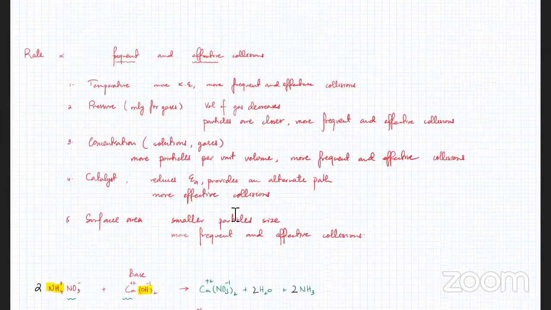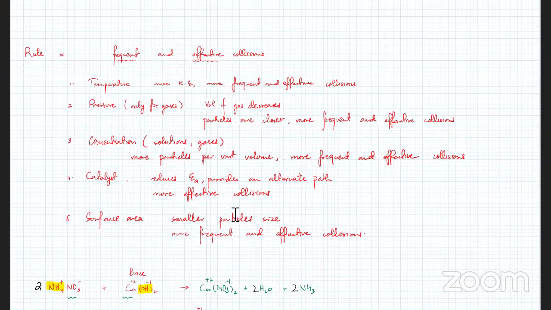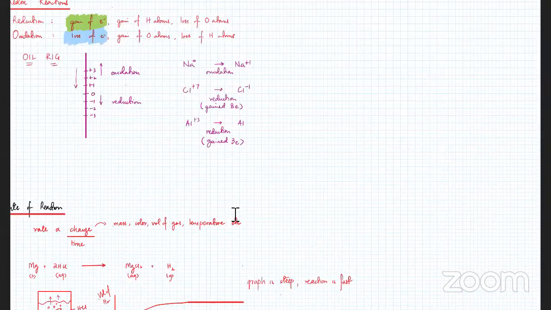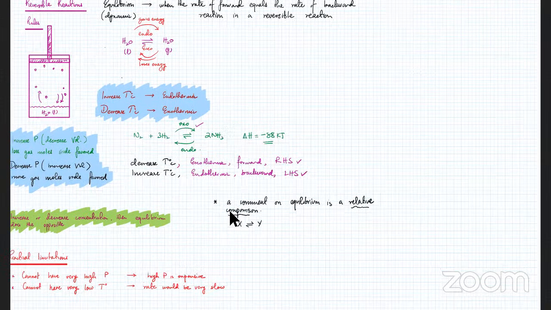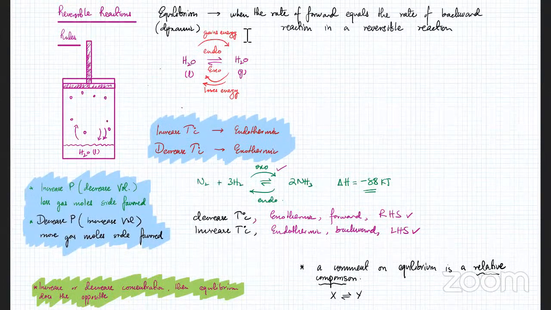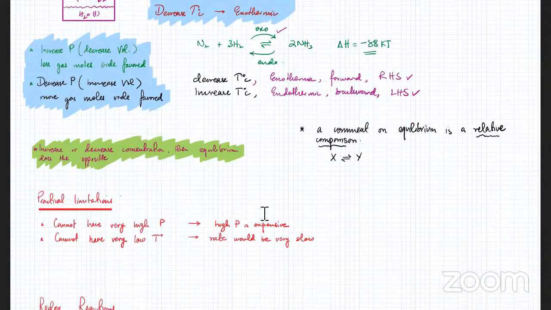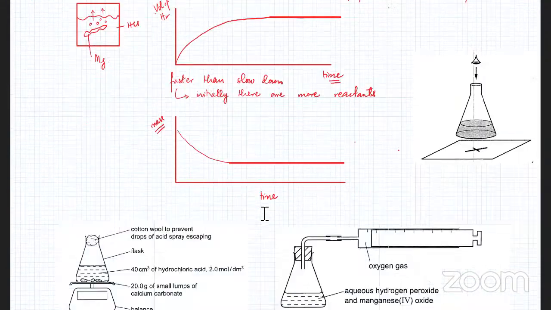और ये याद रखना, रेट और इक्विलिब्रियम को मिक्स नहीं करना। इक्विलिब्रियम इज अ रिलेटिव कंपैरिजन। इक्विलिब्रियम वो रिएक्शन की स्पीड की बात नहीं कर रहा। इक्विलिब्रियम इज द रिलेटिव स्पीड। Maybe both of them speed up, but one of them speeds up more than the other one. Maybe both of them slow down, but one of them is still faster compared to the other one, ठीक है? तो equilibrium वाली जो बात है, that's a relative comparison, which one is faster compared to the other one, ठीक है? रेट जो है वो एक्चुअल स्पीड की बात कर रहा है।